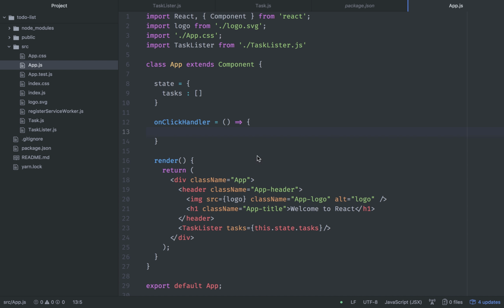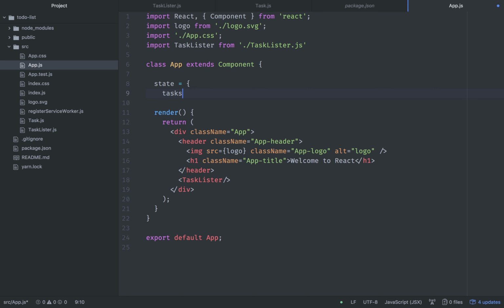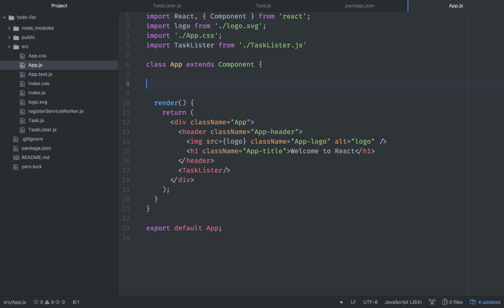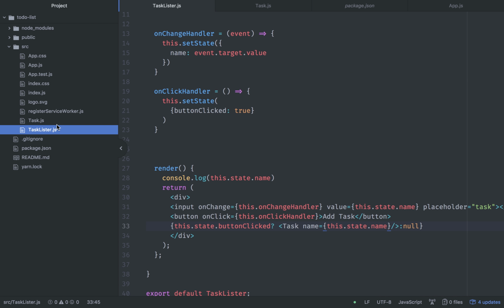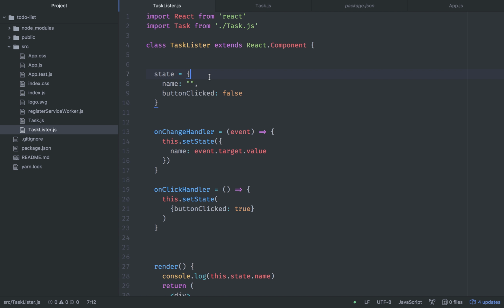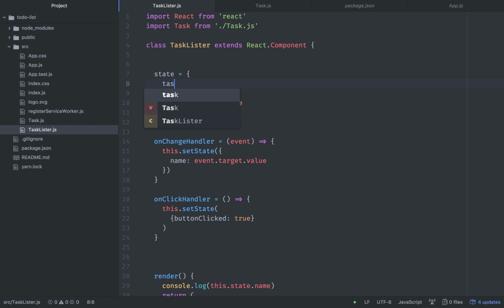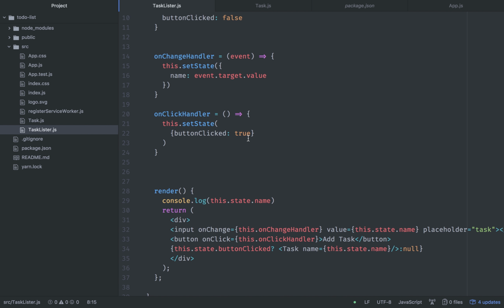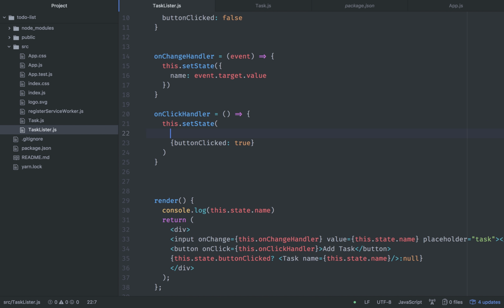actually, if we really wanted to and keep it all in house, we can actually take this from here, copy that, get rid of that, get rid of that, get rid of that. Let's see if we bring it over here into the task lister. Let's see if that changes anything. Tasks equal that, bring that down here. So when the button is clicked, that's true. Okay, and then we want our